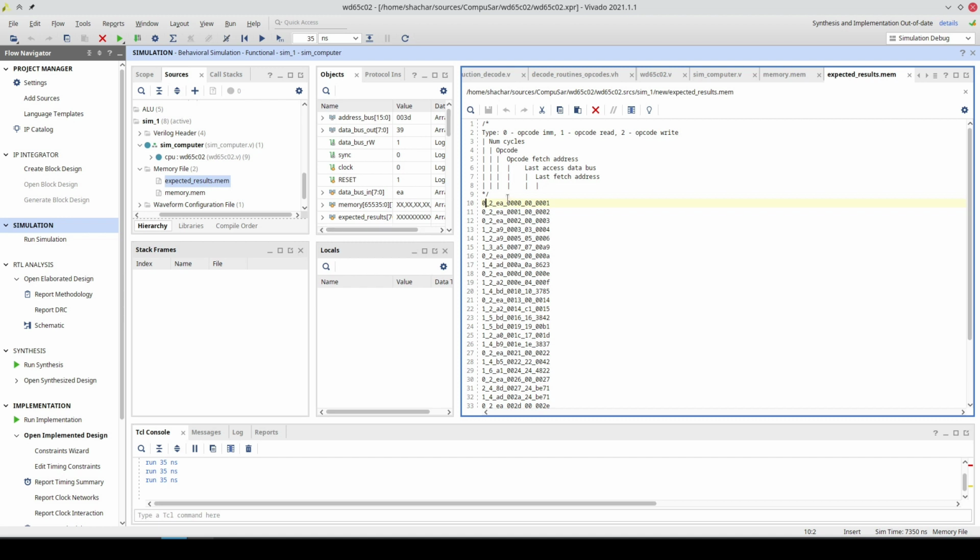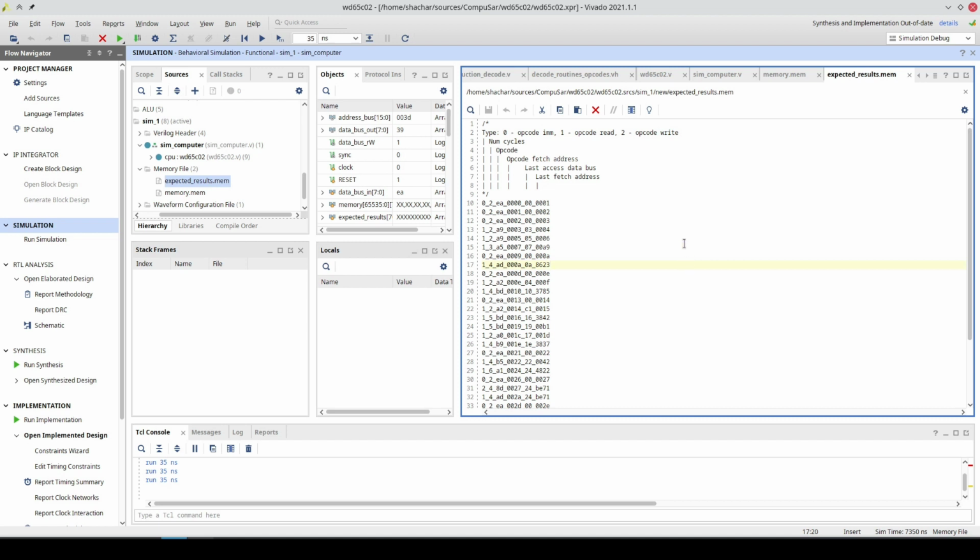So the first digit says what type of line this is. Right now, just 3 are supported. 0 means opcode with immediate values. So this is an opcode that doesn't touch the actual memory in any way. 1 means this is an opcode that performs a read in some form. And 2 means this is an opcode that performs a write.